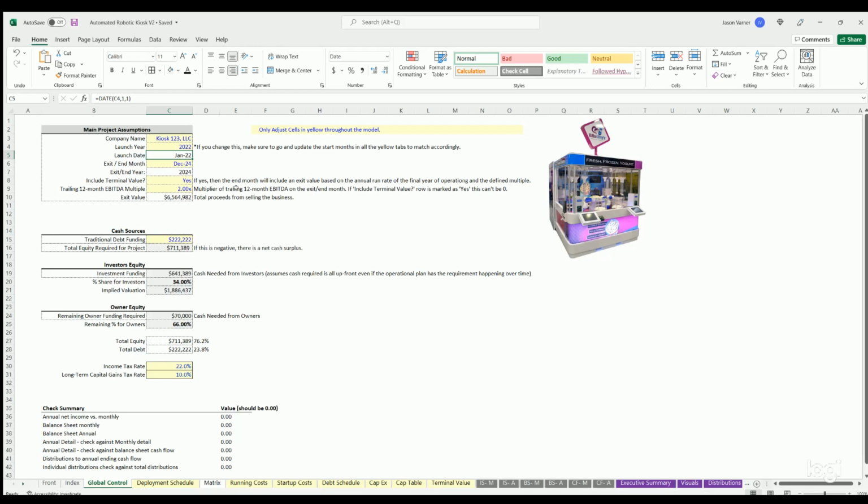It's for figuring out startup costs, operating economics, and potentially exit value. And exit value is just there for proper discounted cash flow analysis. And you can see here you can choose to include a terminal value or not. If you hit no, then it won't show up. If you hit yes, it's going to take the trailing 12-month EBITDA and multiply it by this multiple to get